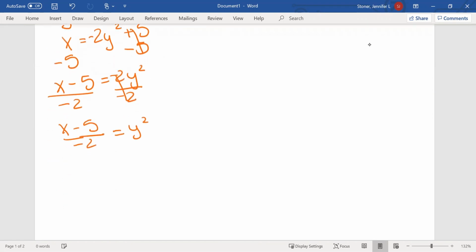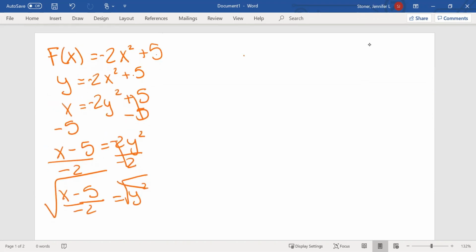And then to get rid of the exponent, we're going to take the square root of both sides. And we get that the